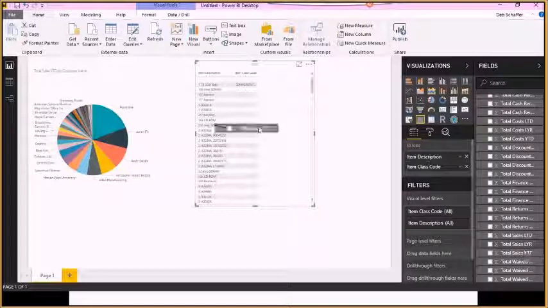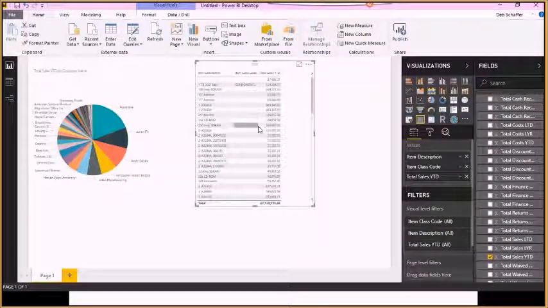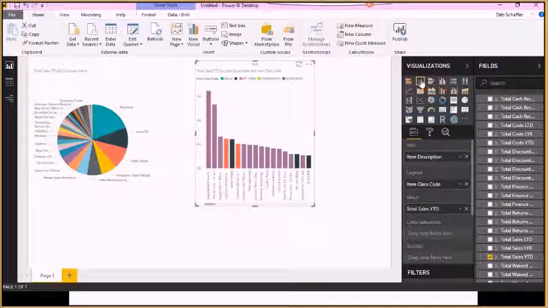And throw that on here too. And if we want to see that in a bar graph, we can do that. So now we have the ability, if we wanted to say limit the item class, we could do that. So I am also going to add,